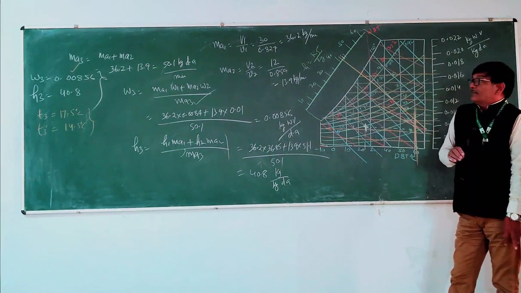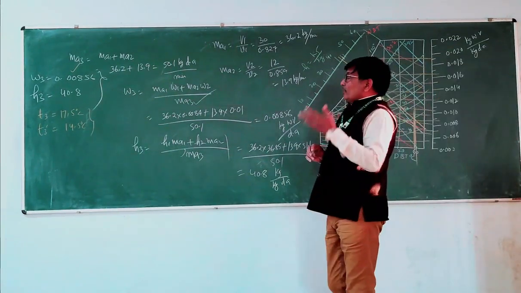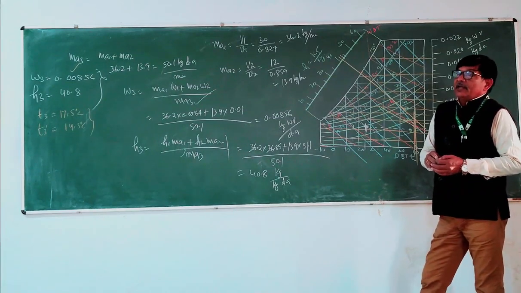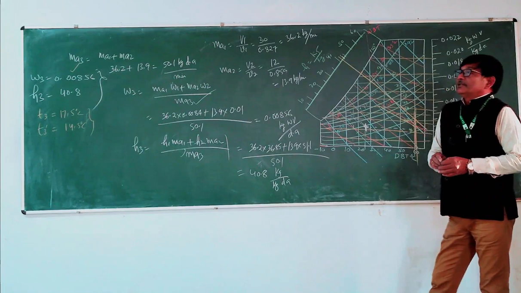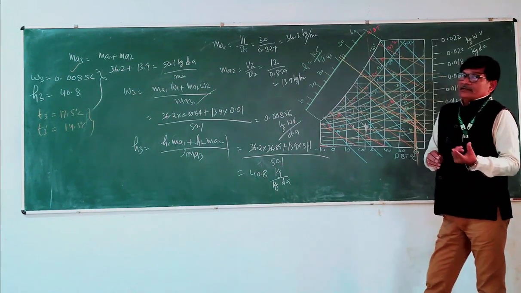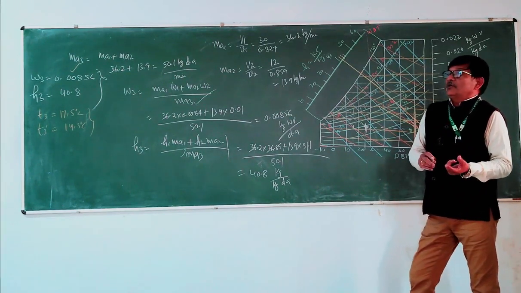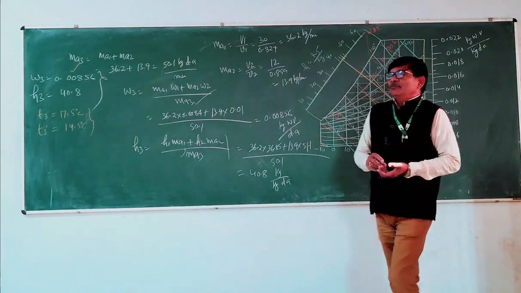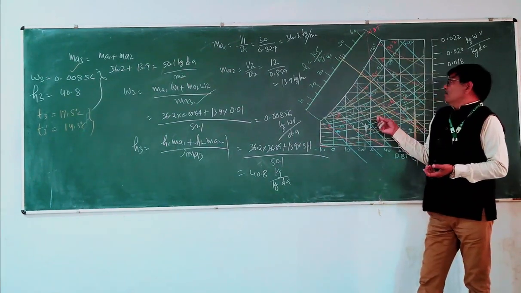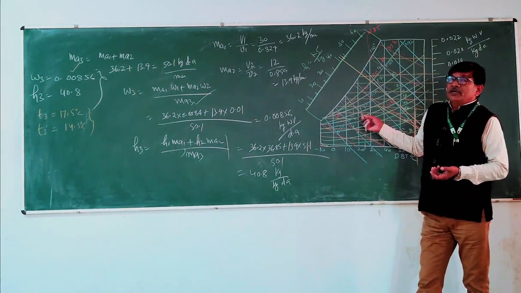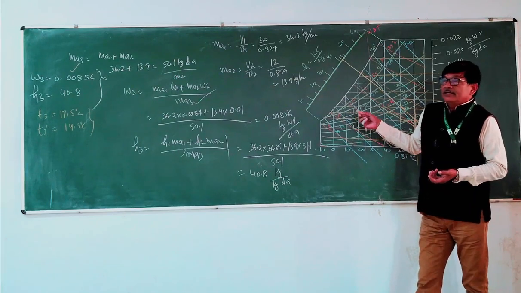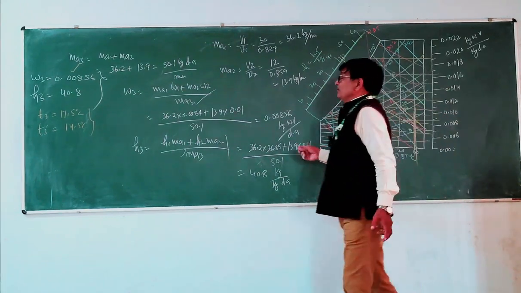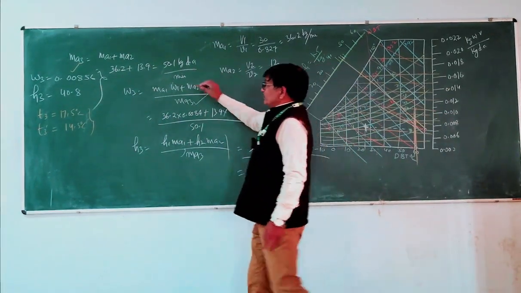The only thing that you have to do in this kind of mixing problem, by using the mixing equation, is find out the enthalpy and specific humidity. And from the enthalpy and specific humidity, you can locate the intersection point, and from the intersection point, you can find out dry bulb temperature, specific volume, and wet bulb temperature. Any values that are available in the psychrometric chart, all values you can get by getting the intersection point from any two values.